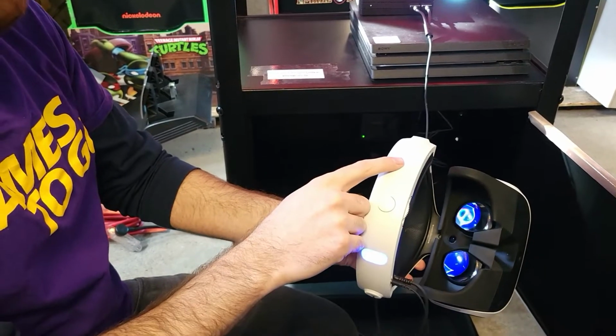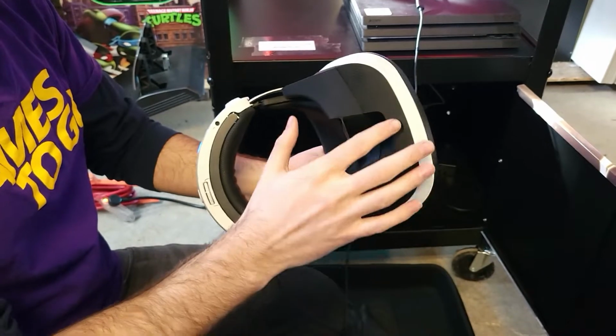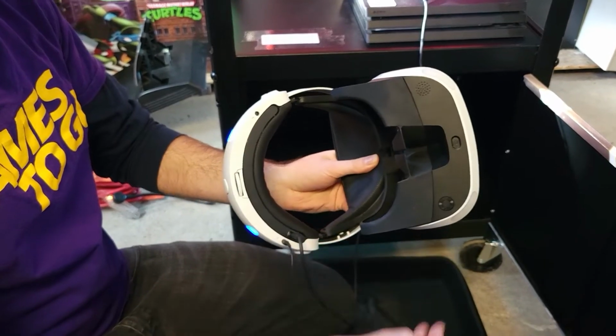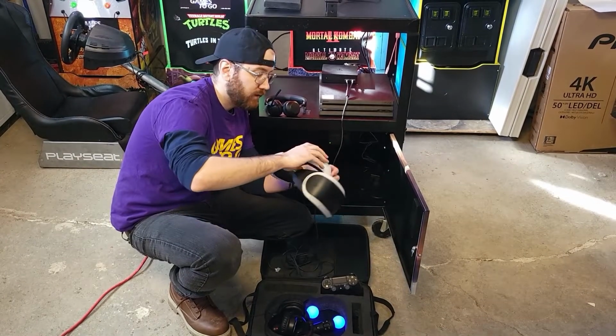You can see the lights in the back here starting to glow. These lights in the front will turn on eventually once you start up a game. But once you hear that beep when you press that button, that's when you know that you turned on the headset. Hey, so for this part of the video, I actually had to take my headset off